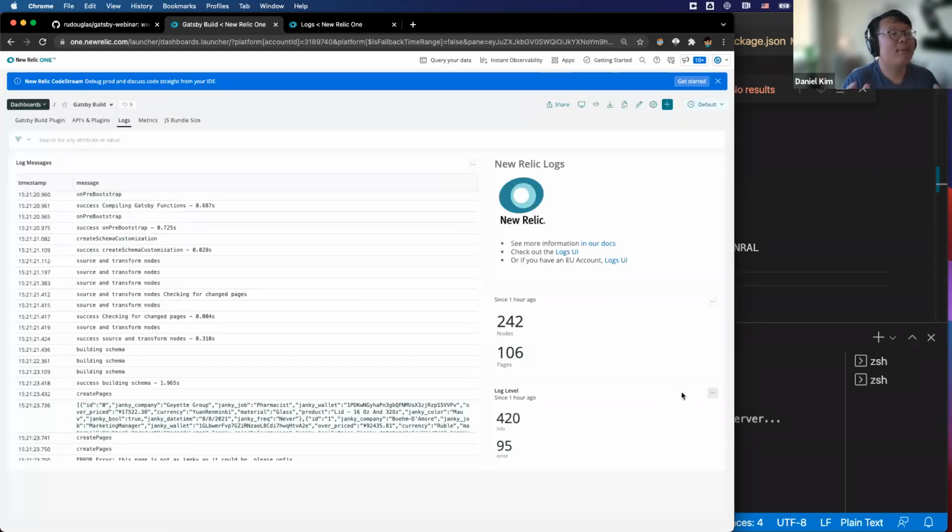So you can get any type of information you want through regex and logs. So you can have this widget that constantly runs this regex query to extract information you find useful in your log. So let's say, for example, you wanted to send your Lighthouse scores with a console log in your Gatsby application. You could easily write a regex expression that could just extract that Lighthouse score and put it in a nice dashboard for you to view in one view. So you don't have to actually go hunting for it in your logs UI.